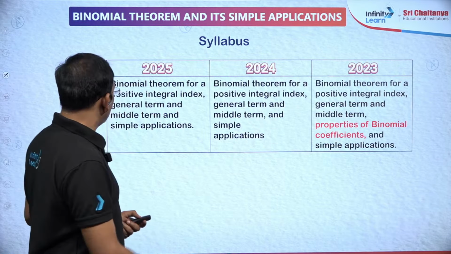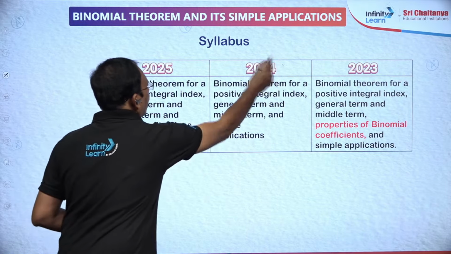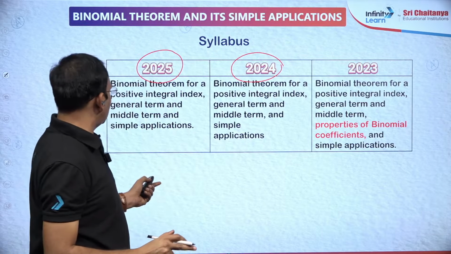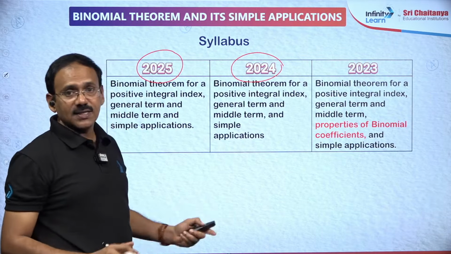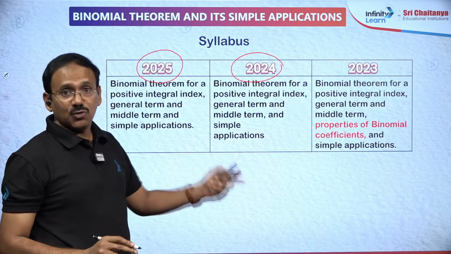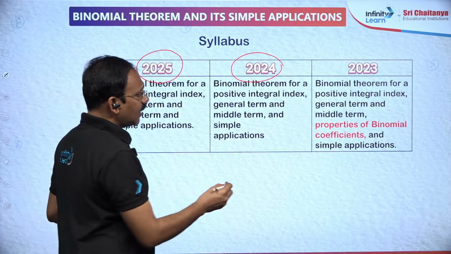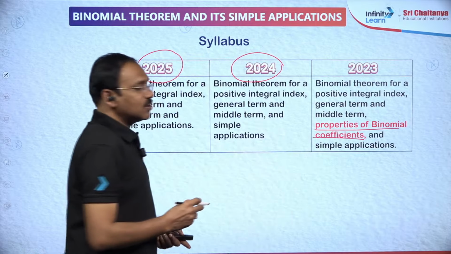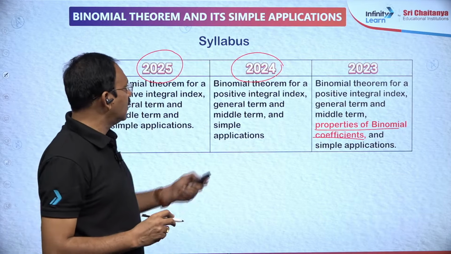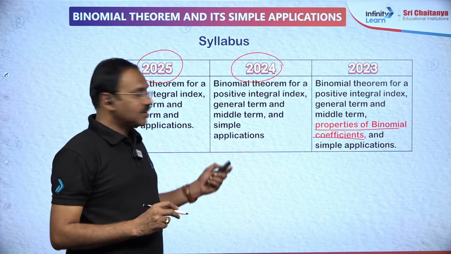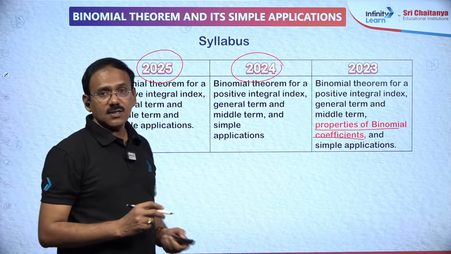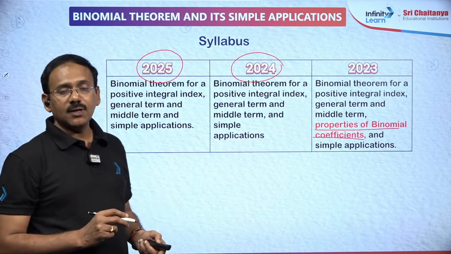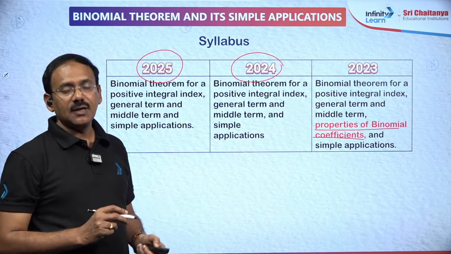From this syllabus you can observe that there is no difference between 2024 and 2025, as the syllabus is mentioned, whereas NTA has given the same syllabus. From 2023 you can observe that properties of binomial coefficients, this syllabus used to be in 2023, but in 2024 this particular properties of binomial coefficients was not mentioned, but here and there